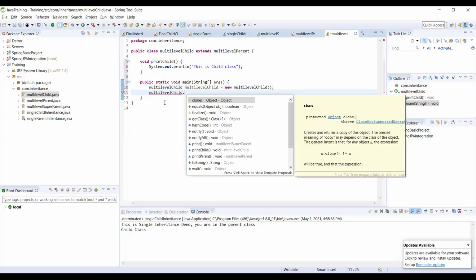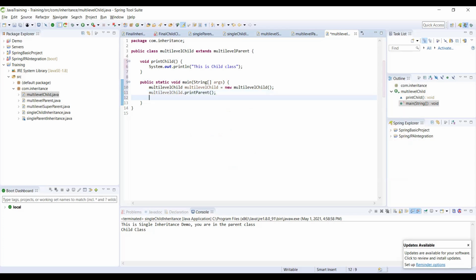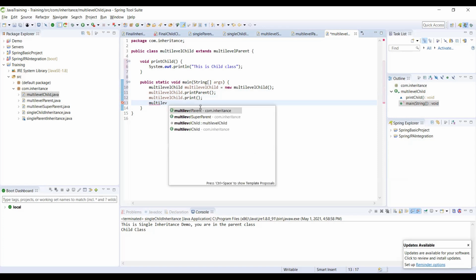Dot. Now if you look, I will have all the three methods starting from the super parent class. Print dot print dot print child.